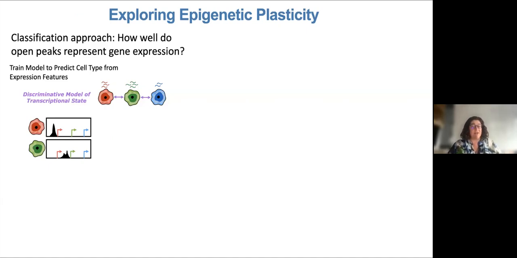the openness of a gene as a proxy for its activity. So now, basically, we quantify the amount of open chromatin at each gene and use that instead of its expression, and use the same classifier we built with RNA. Now here we have open chromatin for the red cell, so it will classify as a red cell. The green cell will classify as a green cell, and that works beautifully for these very strongly primed cells.